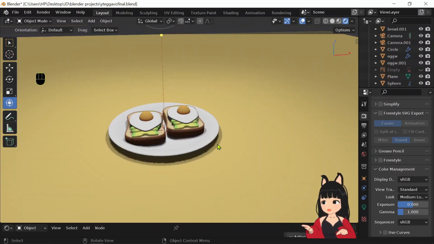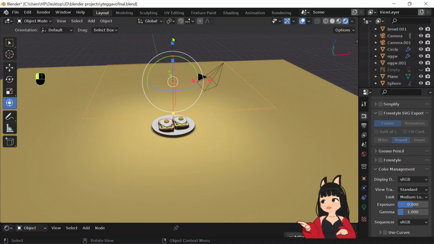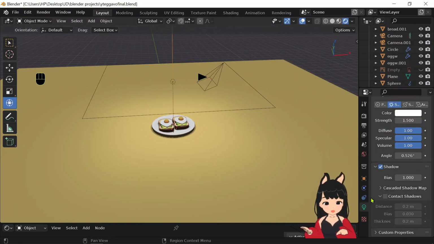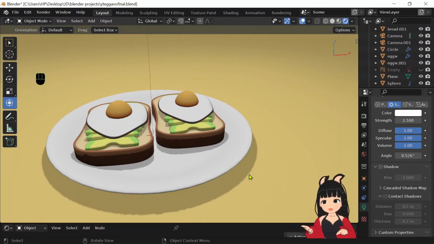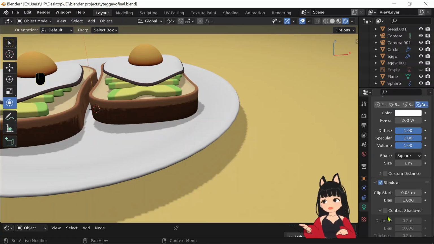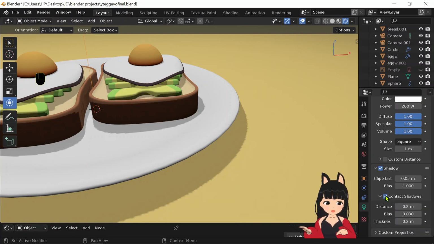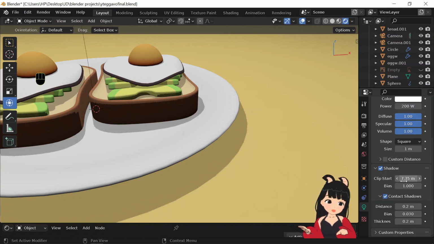Now there are two shadows, one coming from the plane and another from the sun. So select the sun, go to the object data property and disable the shadow. So now it's fixed, and you can see the shadows are all pixelated. To fix it, select the light, and first enable the contact shadow, and for the clip start increase it to something like, for me it's